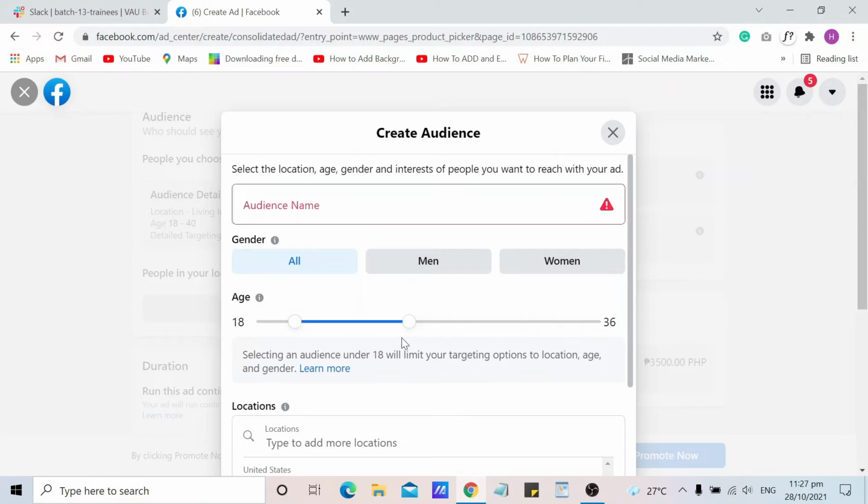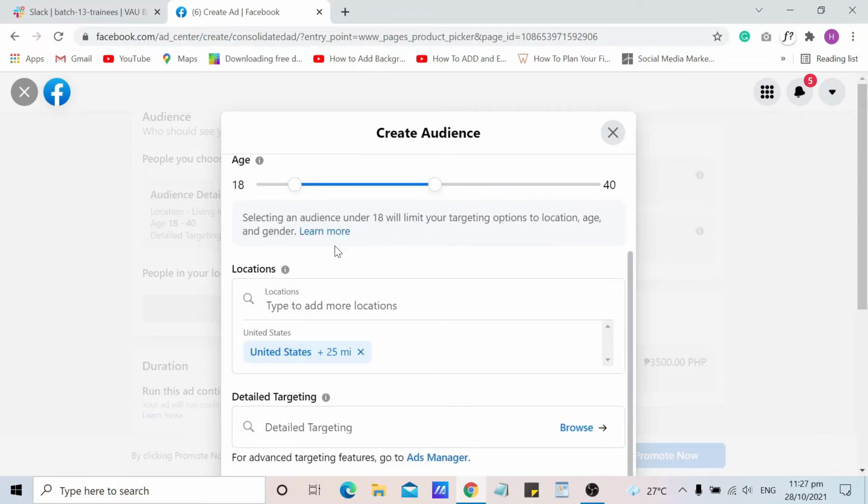You can drag right or drag left. And then you can type the locations. I will type here Philippines.